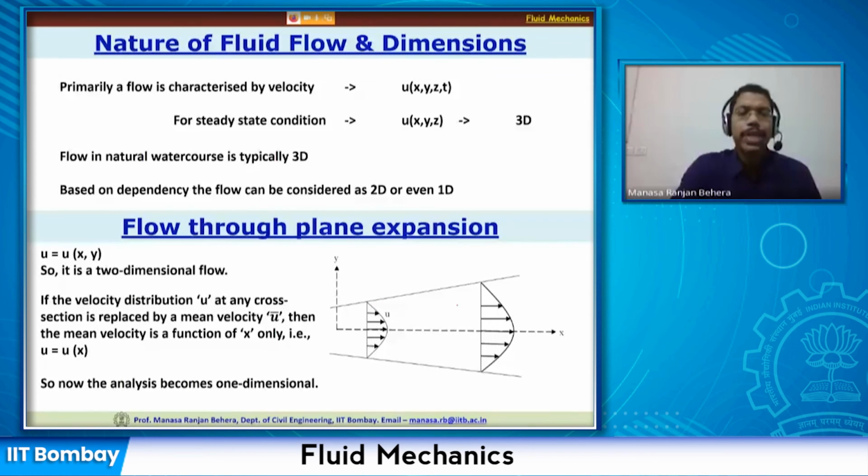Okay. If we take an average value, so there is one u which is not varying along the y-axis, and it is varying only in the x-axis, then it is going to be a function of x only. So I can specify this problem as one-dimensional. So the same problem, depending on the importance of various parameters, I can define which is the variable, and I can define whether the problem is 1D or 2D or 3D.